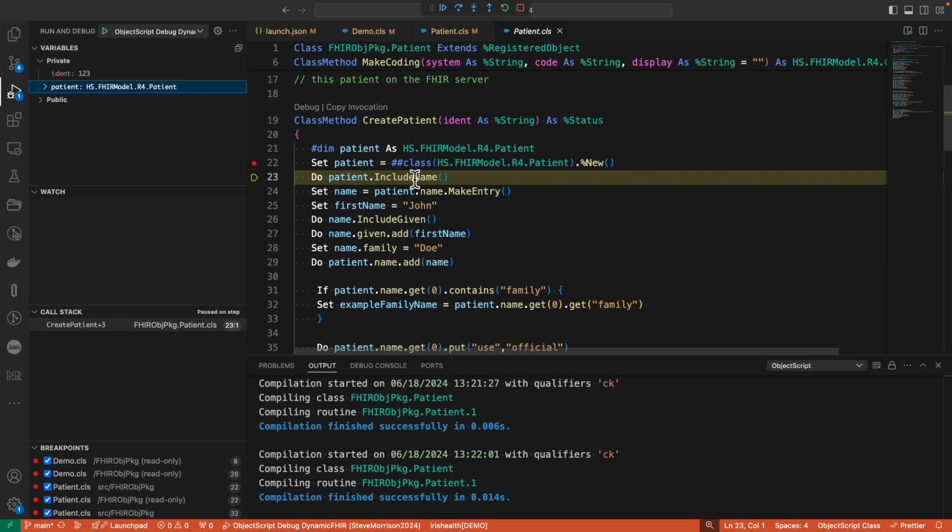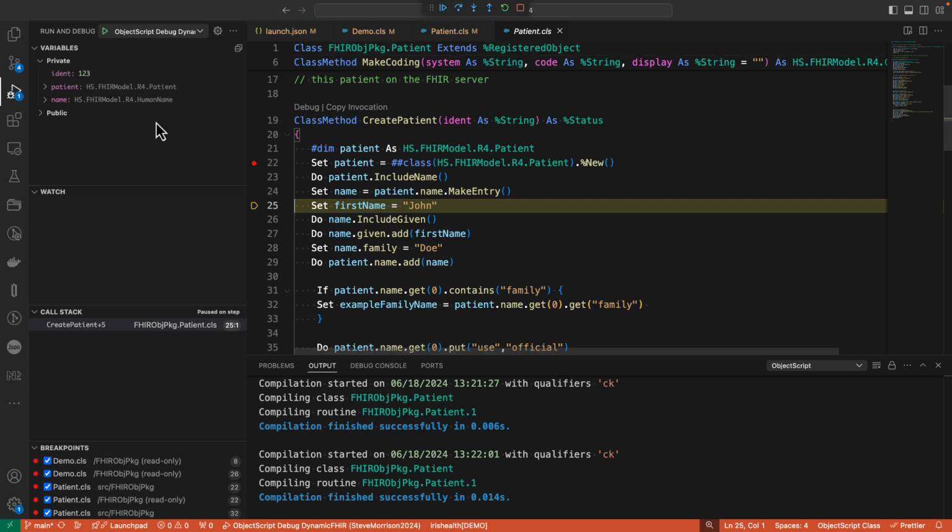Now I want to include the name. I know name is an object, and actually in FHIR it's an array of objects. So I'm going to include the name, and then I'm going to make an entry. So let's see what that looks like. Now if I go to the patient and I look at the human name, notice I'm seeing that I have all the properties of that name because I've made an object entry for it,